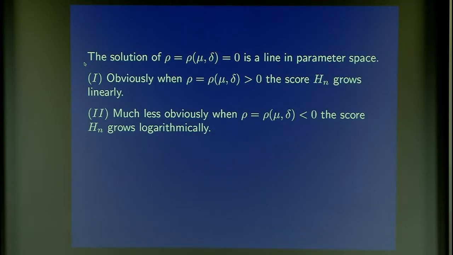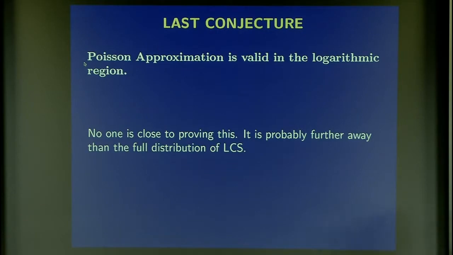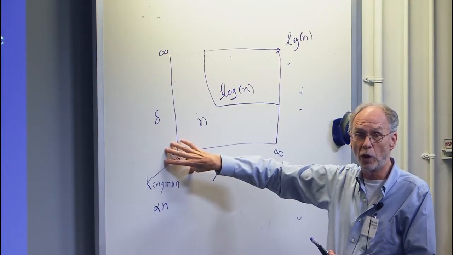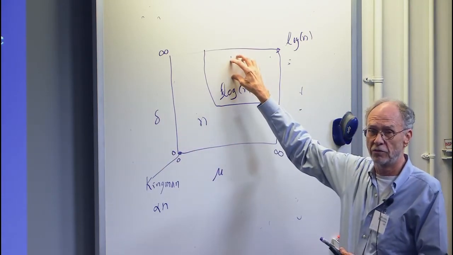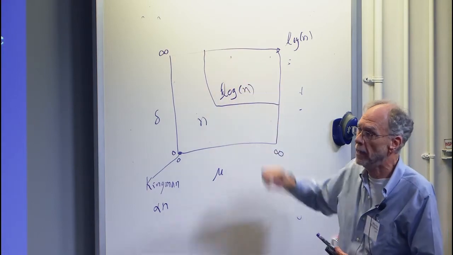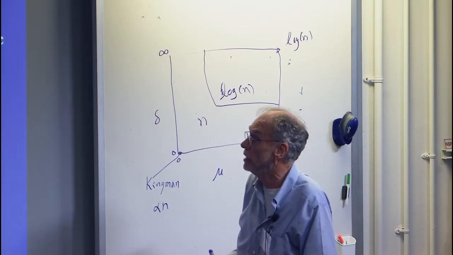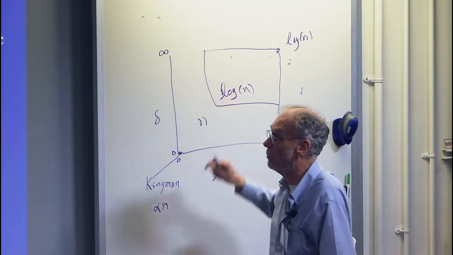So much less obviously algorithmically. And we're just talking strong law here. We're not talking about Poisson approximation yet. But my conjecture is that Poisson approximation holds throughout this entire region. And while the full distribution for the Kingman type result is probably not important to biology, this is truly important for biology. And I hope someday somebody gets there. But proving this is probably harder than